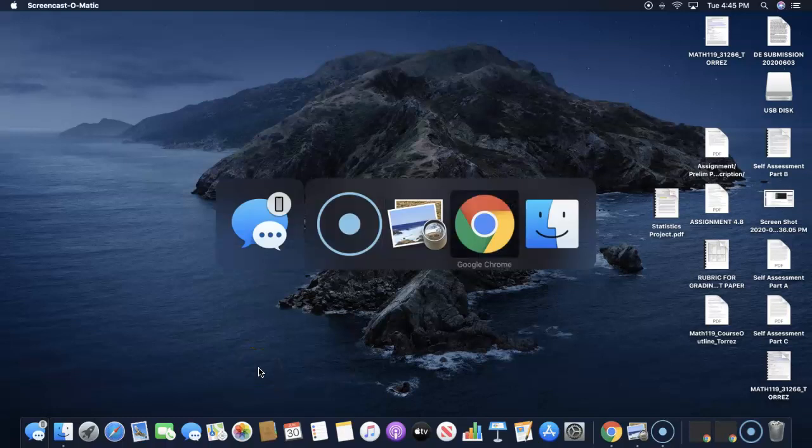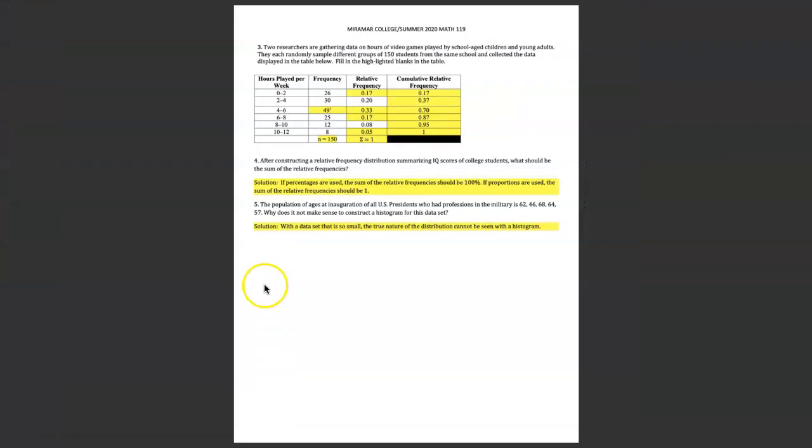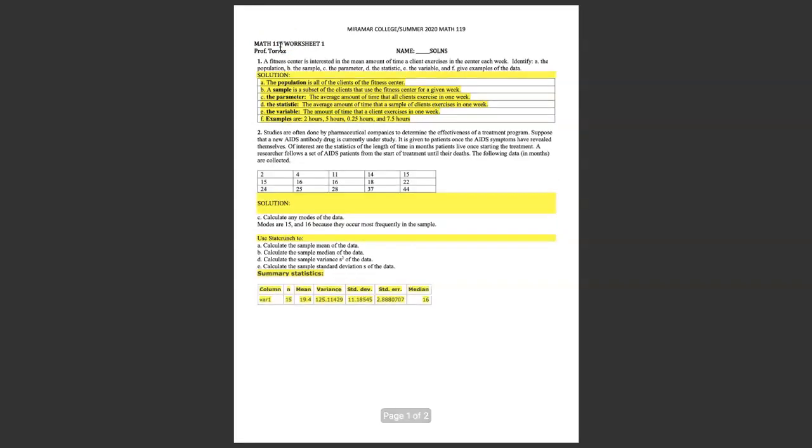All right, today I'm going to go over the solutions to worksheet 1. And this will serve two purposes. We'll go over the steps or the requirements for gaining a full point. Okay, so here what we'll do is show you the solution that I'm expecting if you want to gain the